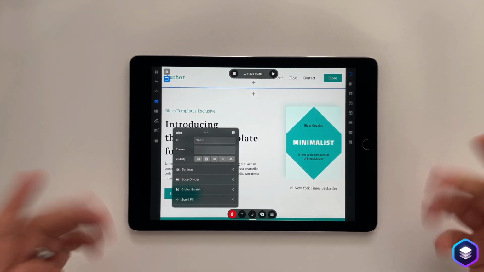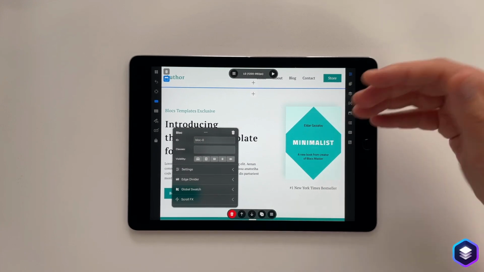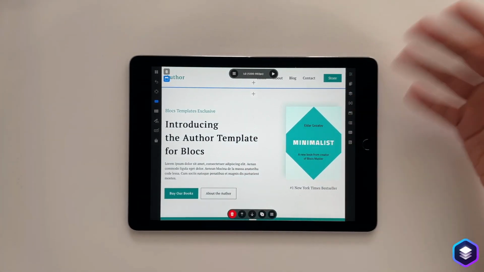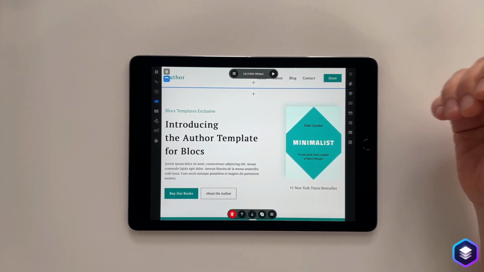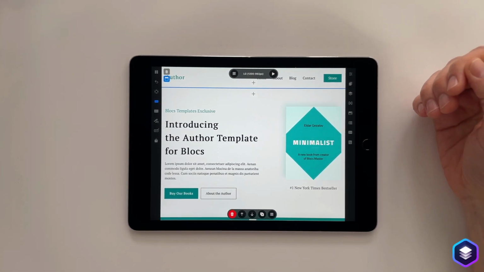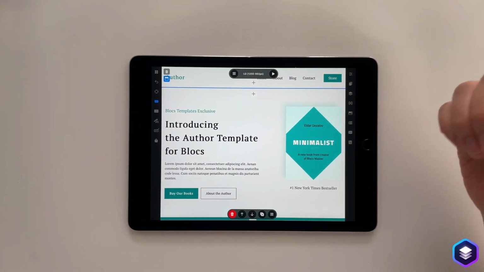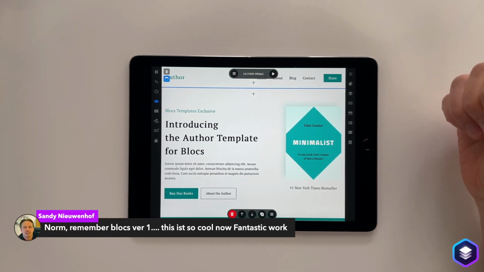This is crazy, how we can use this type of software and have it available on such an old device. I don't even think there's 8-year-old Macs that can run Blocks 4. So I think this speaks volumes for how good this software actually works on iOS.